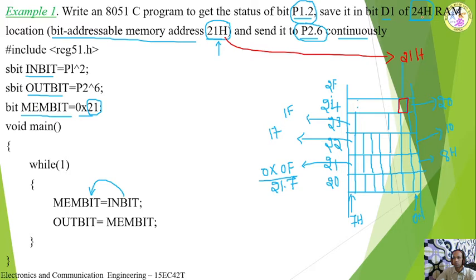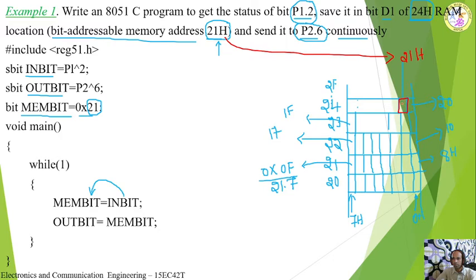What is 24 now? D1 of 24. This can be accessed as either 21 or I can also access this as, this is the first bit of the 24th memory location. This is the 0th bit. Either I can access this bit by using 20 as a direct address or I can access this as 24.0.